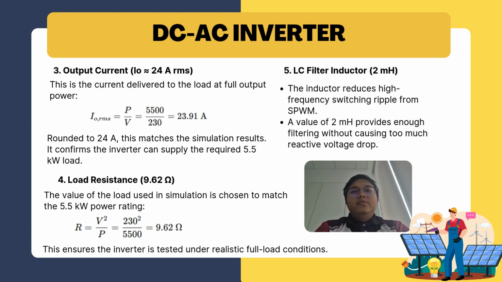For the output current, we use the rated power of 5.5 kilowatts and 230 volt output to calculate about 24 ampere RMS. This value matches what we observed in the simulation, confirming that the inverter delivers the expected current. We also calculated the load resistance to be 9.62 ohms, which ensures that the inverter is tested under full load